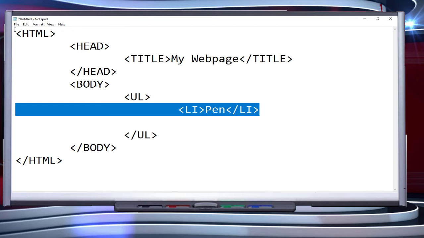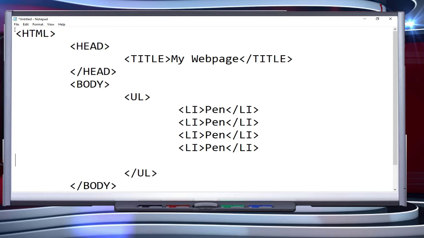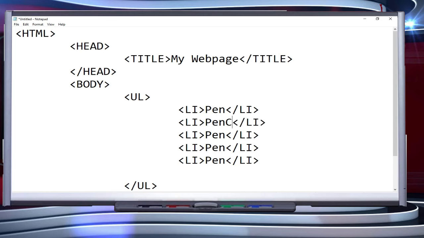Similarly, we can copy paste a number of things, right? And instead of pen we can also write pencil, we can write stencil, we can write another item as eraser, and we can also write here, let's say clipboard.